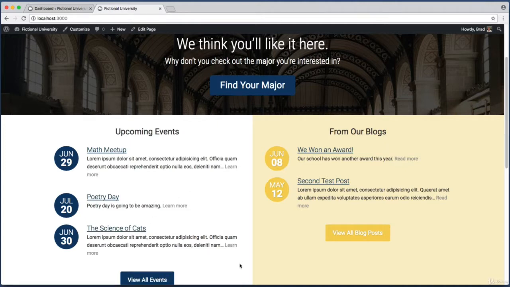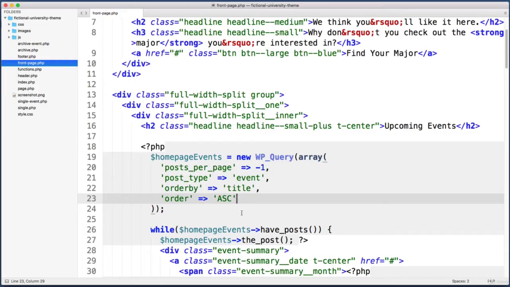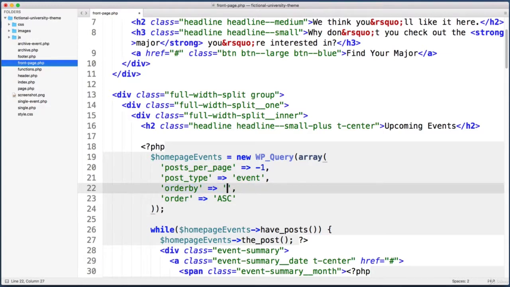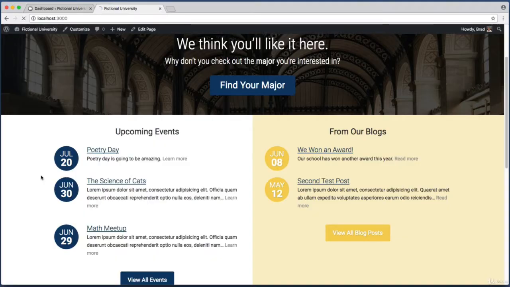And if instead you wanted them to be in a random order every time you refreshed the page, we could just change order by to rand for random. Cool, so now they switch every time you reload the page. You get the idea. Except that's not what we want. Nor do we want to sort them alphabetically. What we really want is to sort them by their event date, right? If you think about it, upcoming events really just means the events with an event date that is closest to